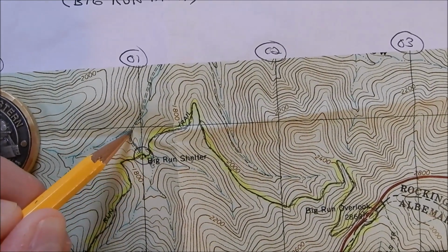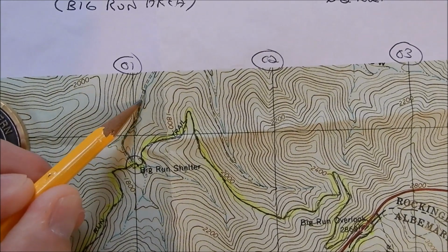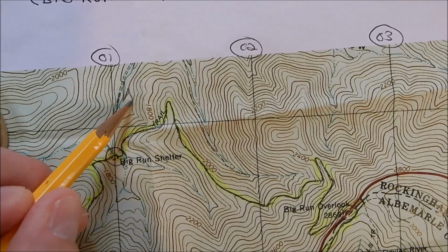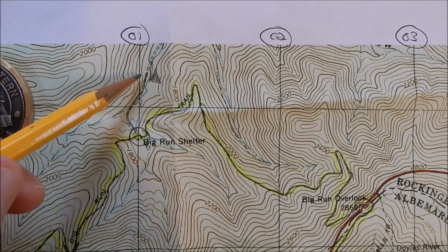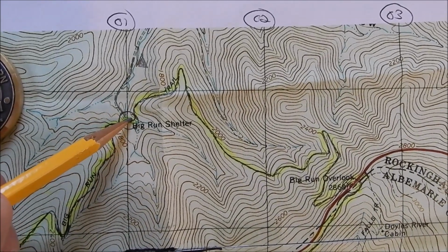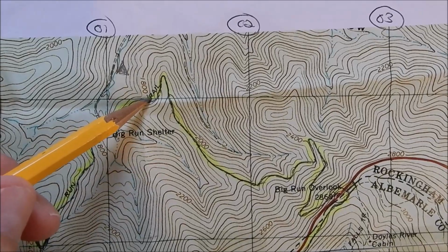old fire road here. This is called Big Run Portal, and I went down here a couple tenths of a mile. I didn't mark it on here, but right in here somewhere I set up for lunch, and then came on back this way, and then I continued on the Big Run Loop Trail, climbing up